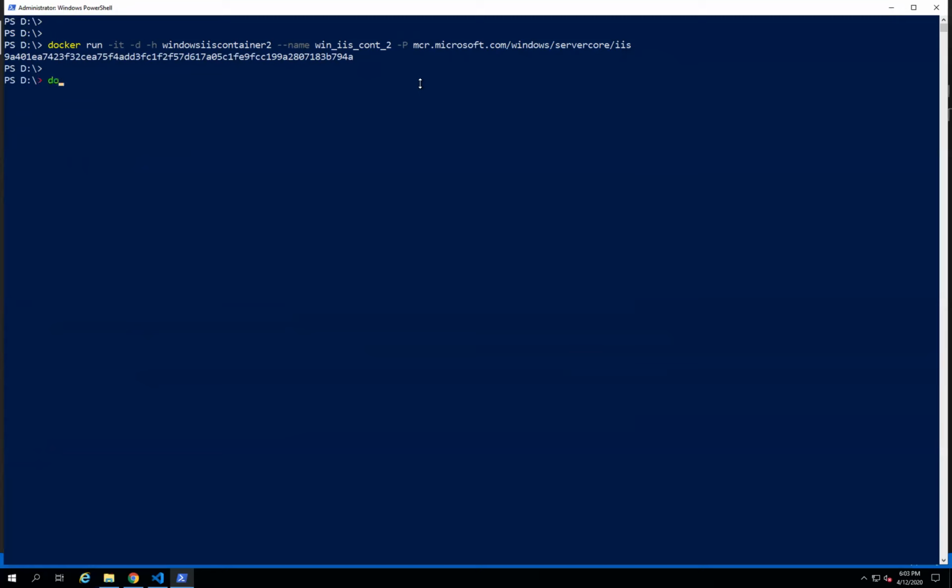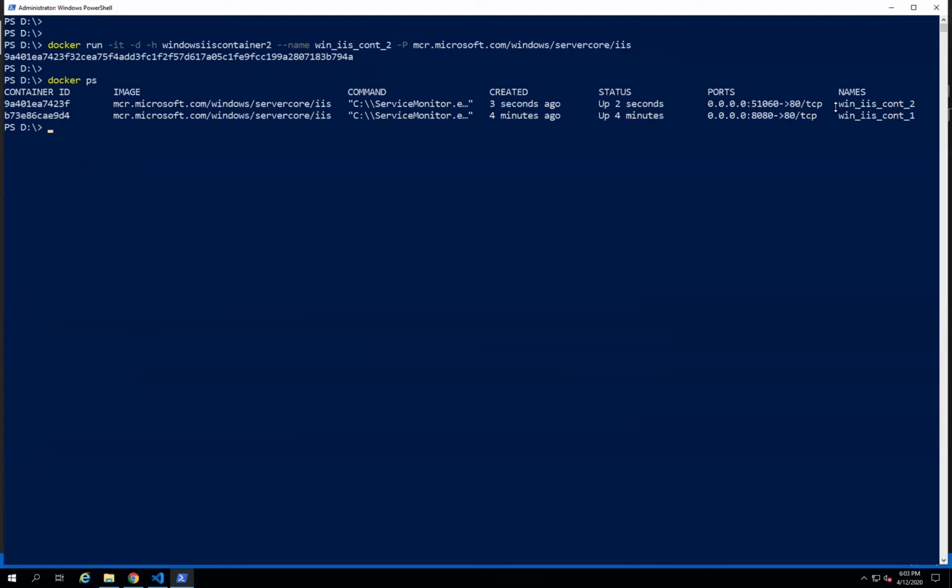The container ran without any issues. If you check docker ps, here you can see we didn't specify the port of the host operating system, but randomly it identified an available port, 51060, and it mapped that port to the container port.